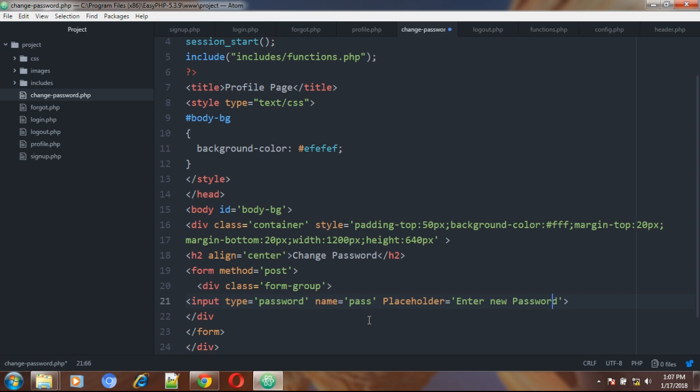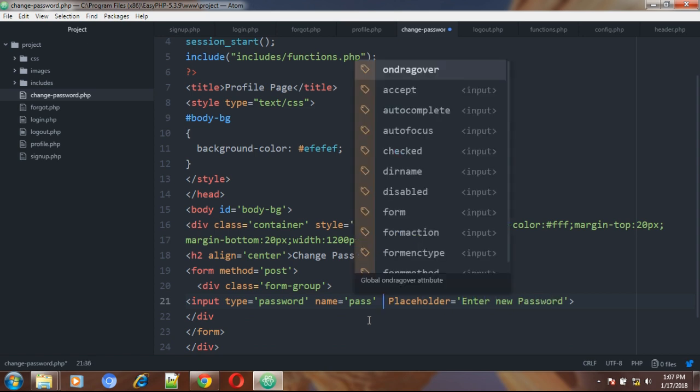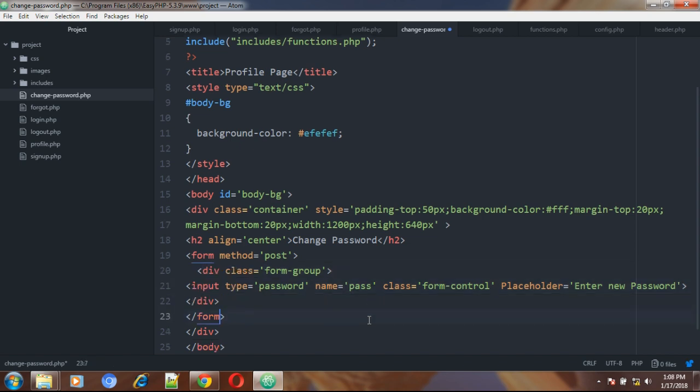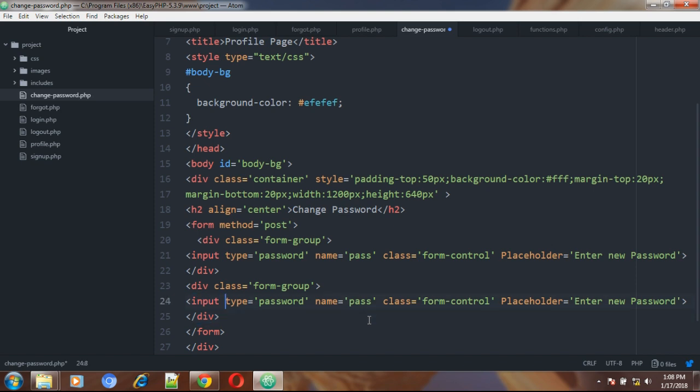Okay, and the bootstrap class which we are going to use is form-control. We will just copy this and paste it over here, and we will change the name to cpass, and placeholder will be re-enter new